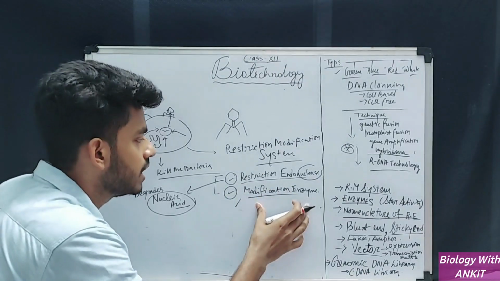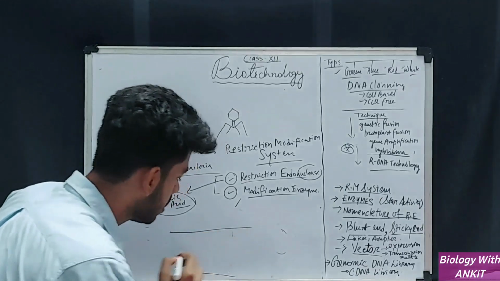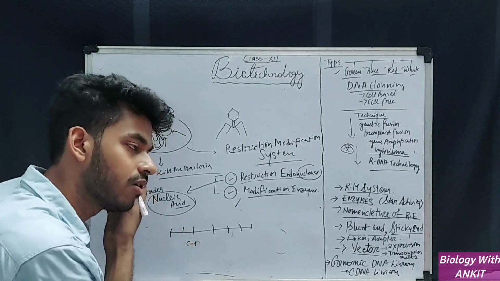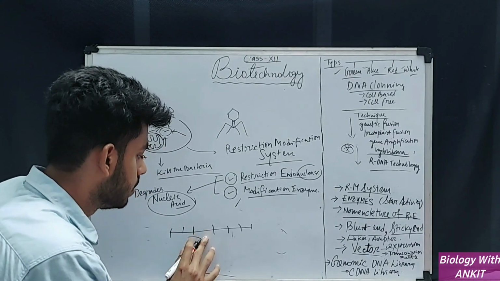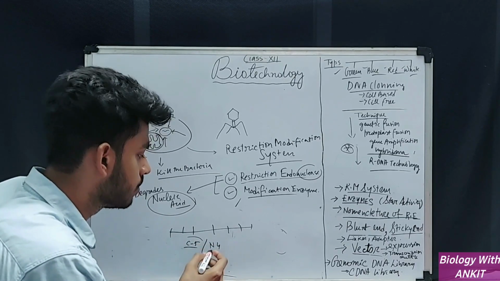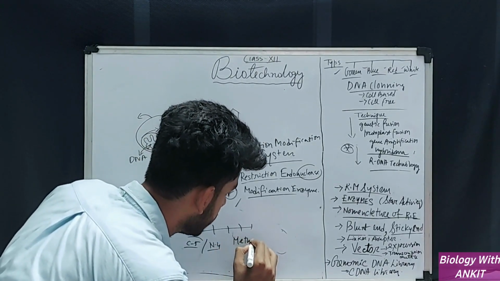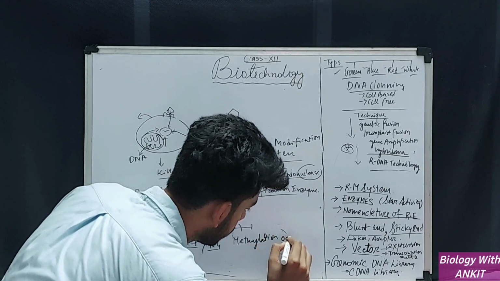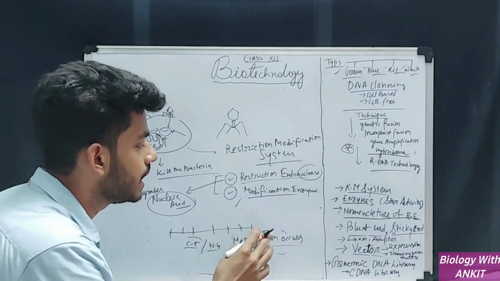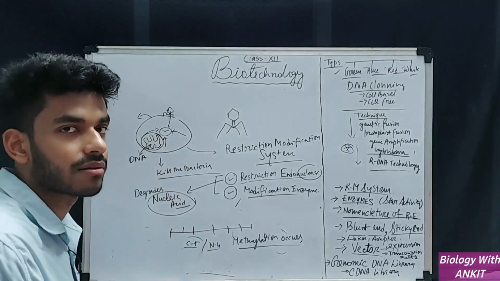So it develops a modification enzyme. This modification enzyme modifies the bacterial chromosome. Okay, this is the bacterial chromosome. At C5, or in some cases N4, nitrogen 4, that is, at the fifth carbon of the base or sometimes the fourth nitrogen, methylation occurs. Methylation occurs. So what will the methylation do? Methylation will indicate to the restriction endonuclease that this is my chromosome.